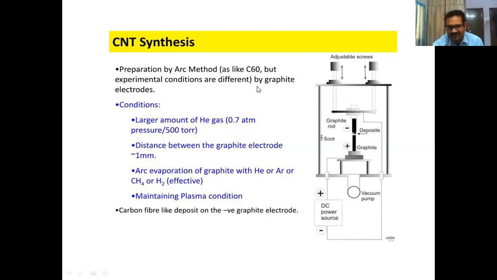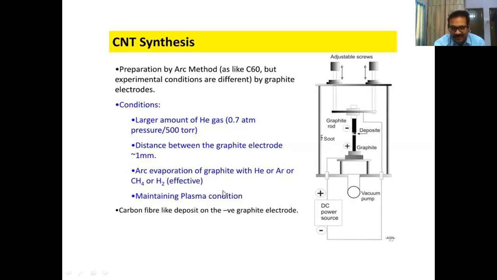Experiment conditions have a smaller difference. These are the graphite electrodes that we use. We are applying a DC power voltage from here. The pressure is around 0.7 atmosphere to 400 torr. And the distance between the graphite electrodes here is 1 millimeter. Arc evaporation of graphite is carried out in an inert atmosphere, here helium, argon, or methane, or hydrogen, any of these gases that we can maintain here,